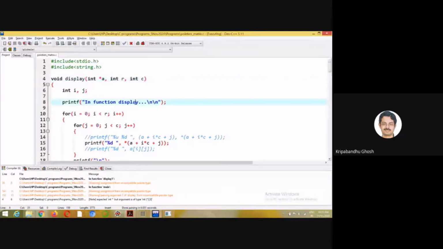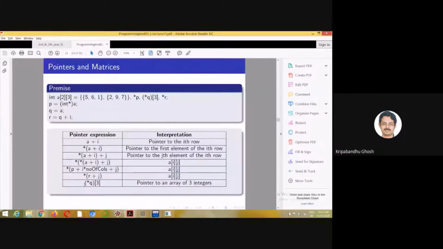You don't need to know the number of columns or rows in advance. You only need to pass the number of rows and number of columns, and this is going to work. That's all. But this is a very tricky thing, which is sometimes asked in interviews. So the meaning of this.